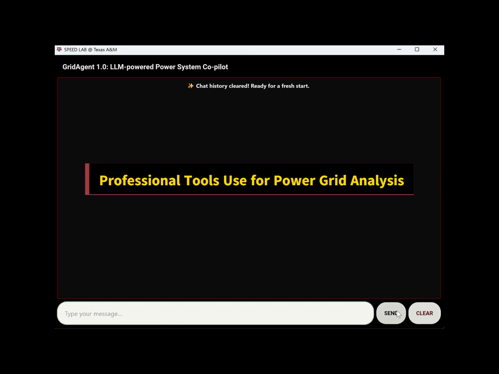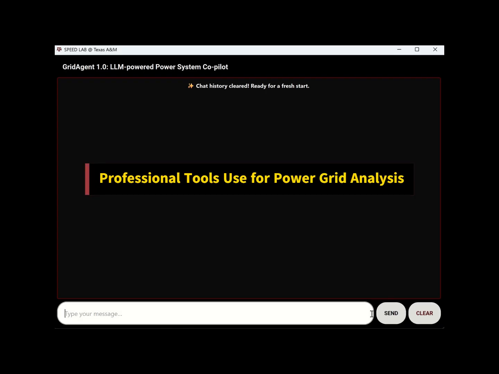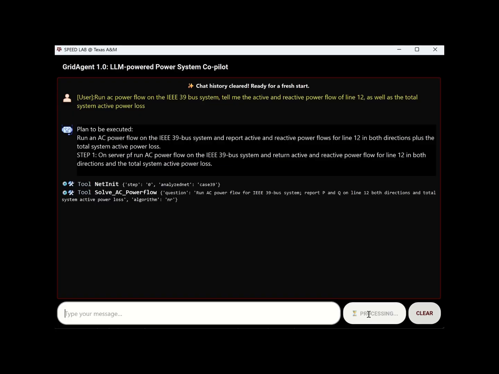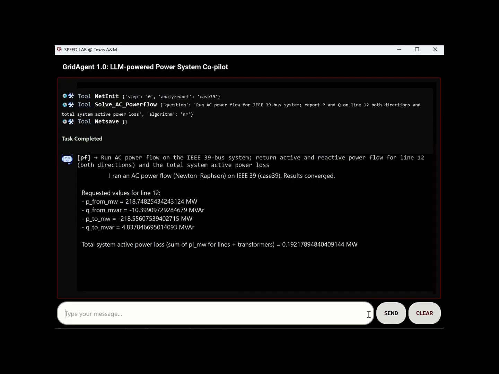Moreover, X-GridAgent can invoke the right tools for professional power system analysis, such as power flow calculation, contingency analysis, optimal power flow, short circuit calculation, and more. For example, run AC power flow on the 39 bus system and get the active and reactive power flow on line 12 and the total system losses. X-GridAgent calls the appropriate tool to run a power flow calculation, retrieves the relevant data, computes the total power loss,